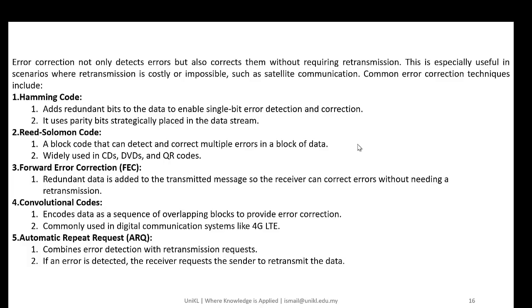And then we have error correction. We're not going to cover it because it's not used in simple, basic embedded system programming, but it's used in applications such as satellite communications. I'll just list them here. Hamming codes add redundant bits to the data to enable single bit error detection and correction. They use parity bits strategically placed in the data stream. Then we have Reed-Solomon code, a block code that can detect and correct multiple errors in a block of data, widely used in CDs, DVDs,